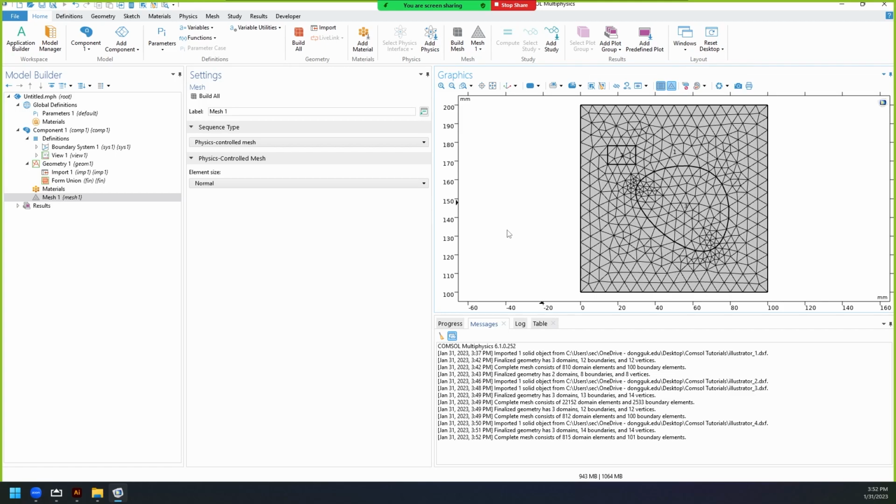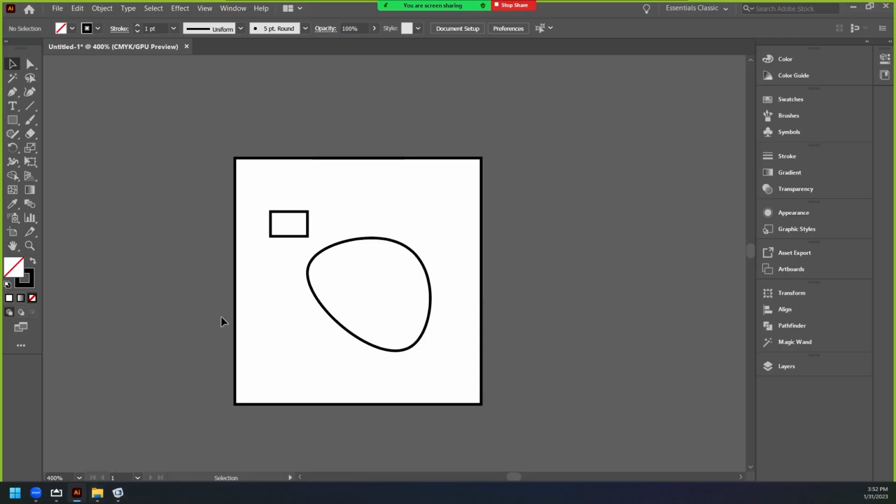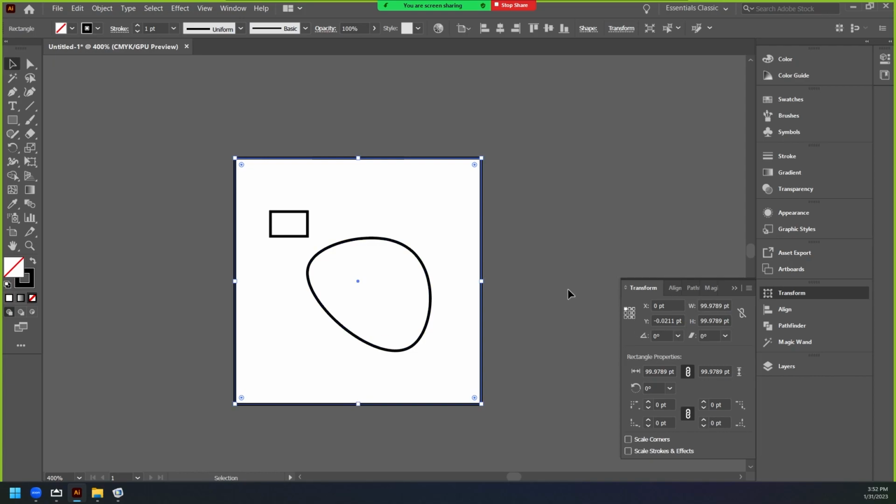So in these sections, we cleared how to set up a document using document setup inside Illustrator. We have to be careful about the dimensions inside Illustrator, because those dimensions will have a lot of effect in COMSOL Multiphysics. You can use the transform function and change the dimensions of each object. Like this is 100 points by 100 points, so you can also change the dimensions. This was an extra line,